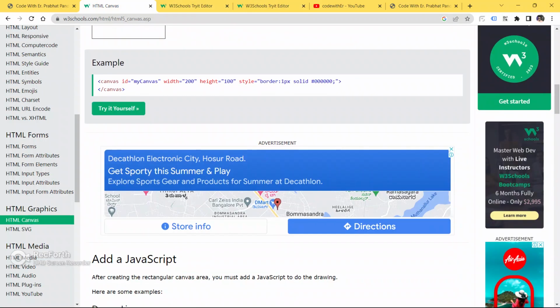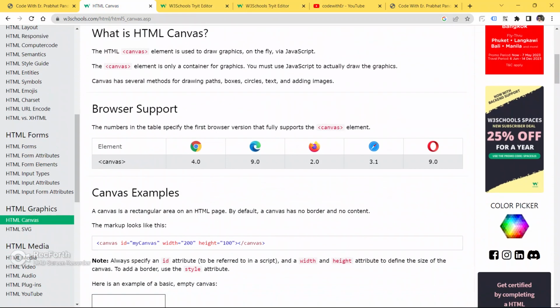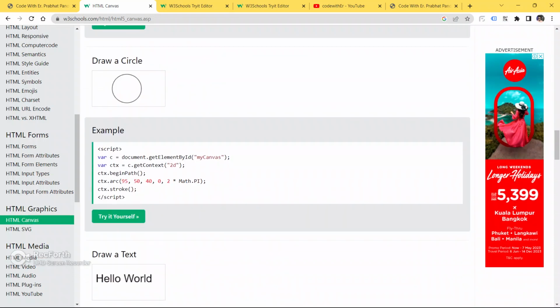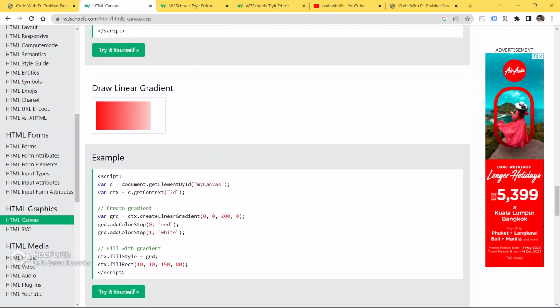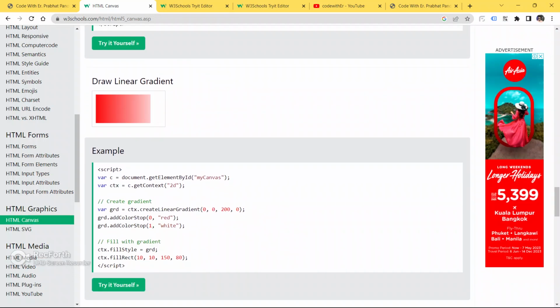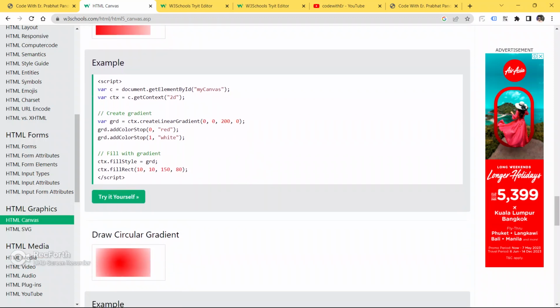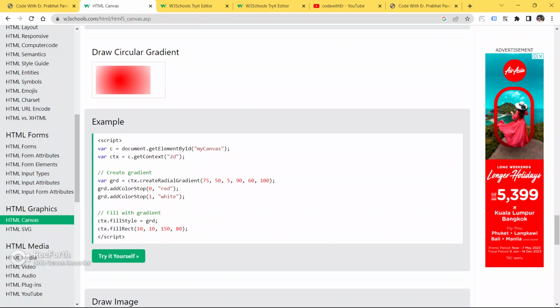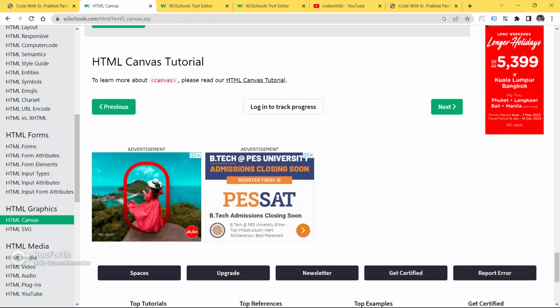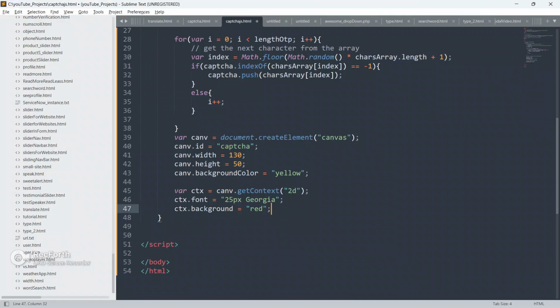My canvas. Okay, you are gonna fill this color by this method.